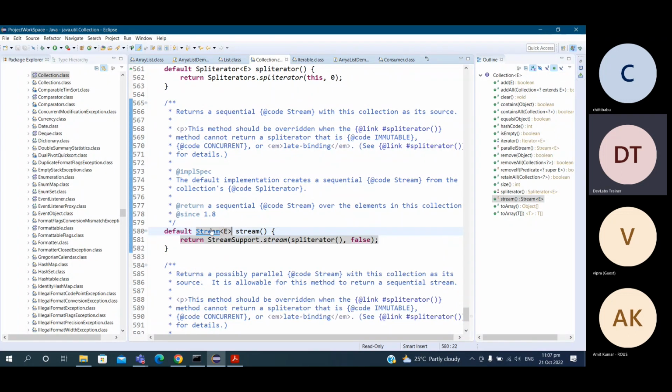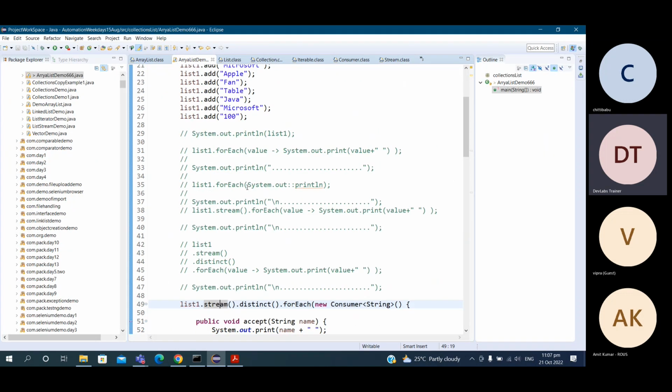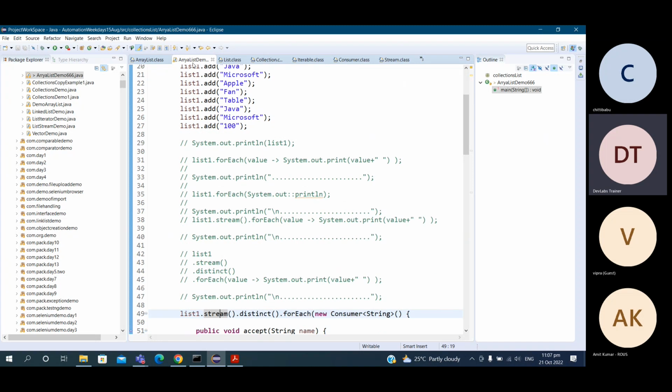So when you go to the Stream interface, you can see it supports a lot of methods. Those methods will be supported once you have something converted to the stream. So now if I go to this program, this one,